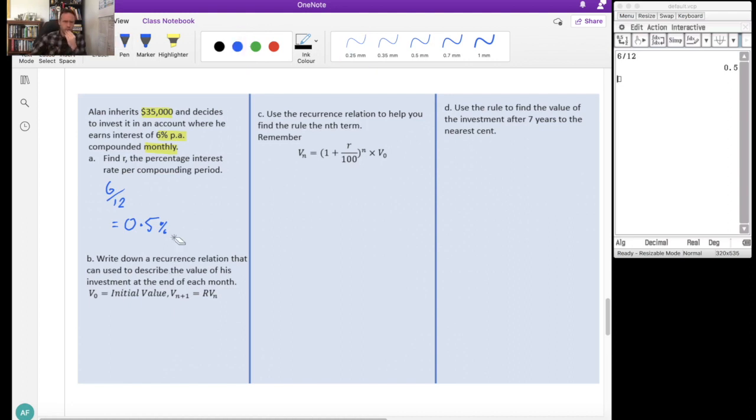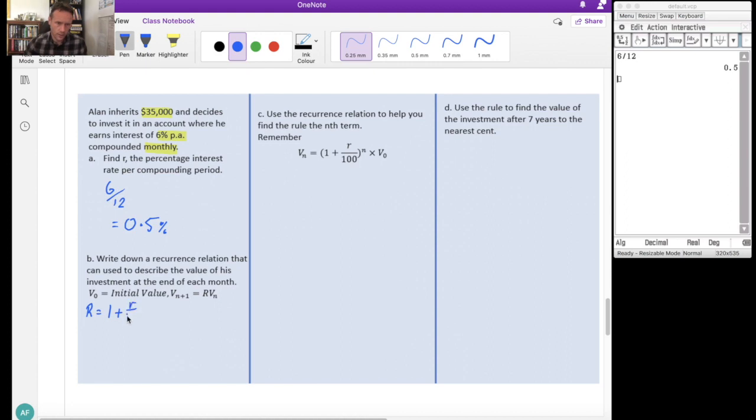Okay, next thing we want to be able to do is write down the recurrence relation that can be used to describe the value of his investment. All right, so remember our recurrence relation from a few lessons ago. V0 is the initial value. The things we've got in here that are common are the R value and the Vn. Now R for our recurrence relation is 1 plus r. So R is equal to 1 plus